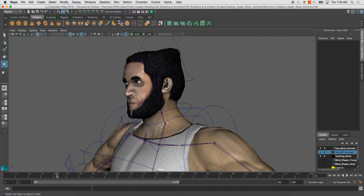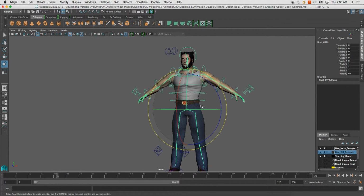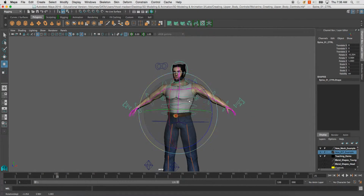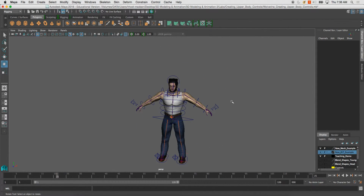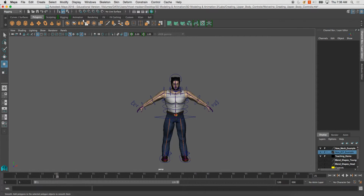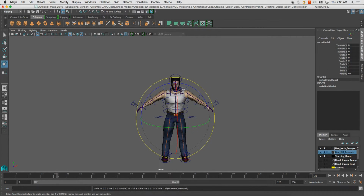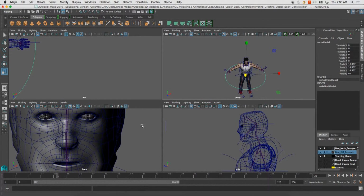But for the rest of it, we're pretty much ready to go. Just double check all your controllers, move them around, make sure he's all good to go. And there's one last controller we need to create, and that is the global control. So I'm going to create this global control. It's just a big circle, or whatever you want it to be,